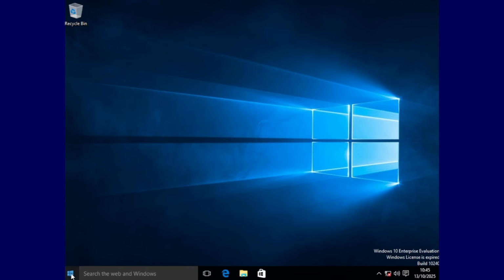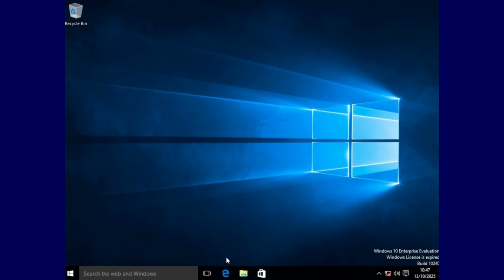You have a start menu. You've got icons for various apps, and then you've got your system tray or notification area. However, there are some differences as well between it and the Windows 7 desktop.